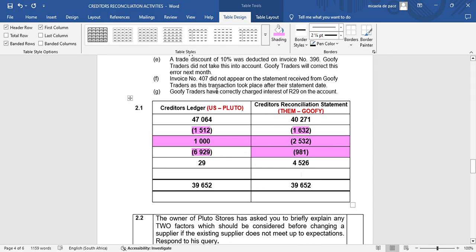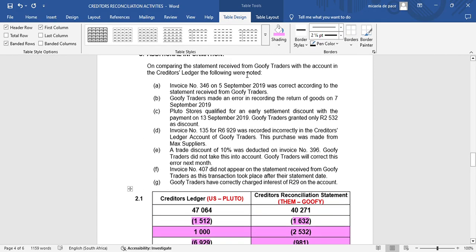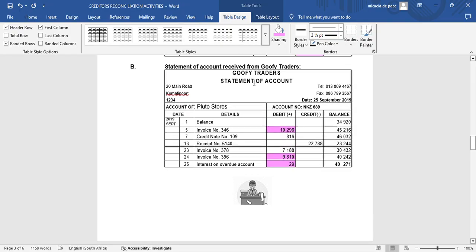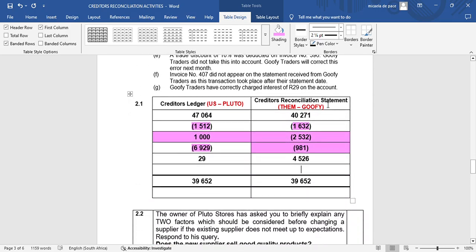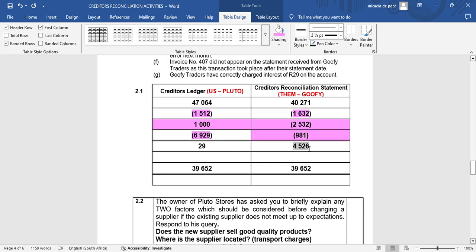Invoice number 407 did not appear in the statement received from Goofy Traders. This transaction took place after their statement date. Last time I did tell you that the statement date usually ends before our creditors ledger. So that transaction has appeared in our books, the creditors ledger. You'll see it here, 4526, and it's an invoice. They haven't recorded it because their statement stopped on the 25th. So that amount, the 4526, we obviously owe them that money, so they need to add it to the account